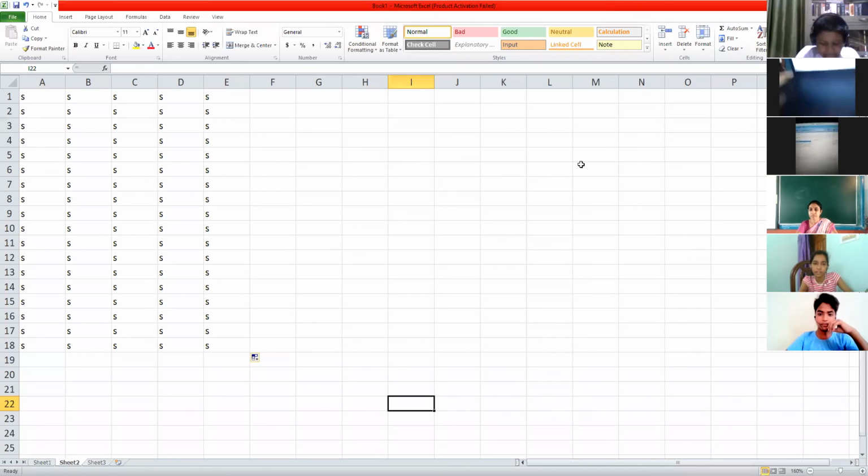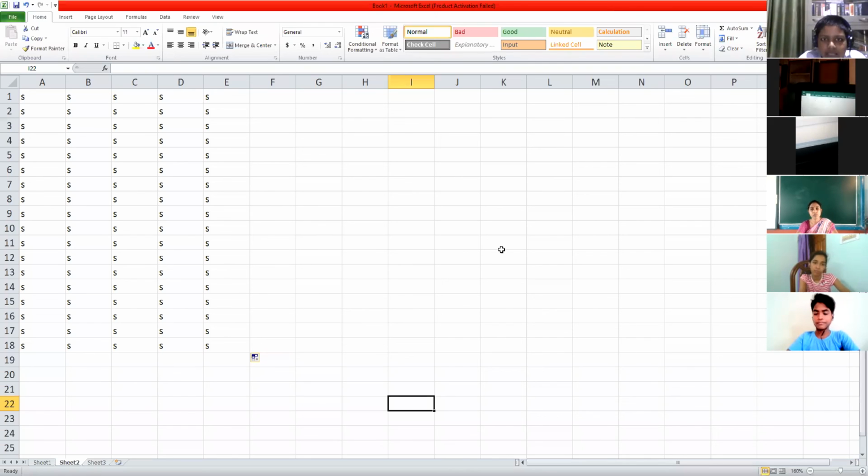Miss, we can create a list by importing numbers. Yesterday I showed you that we created a custom list using numbers, and when I was typing that number, it was not following. Whenever you fill any kind of series or range which you have selected with the help of series, it will work on the logic of the first two numbers. So if you have a list of numbers in your custom list, it will not work. Yesterday I have shown.